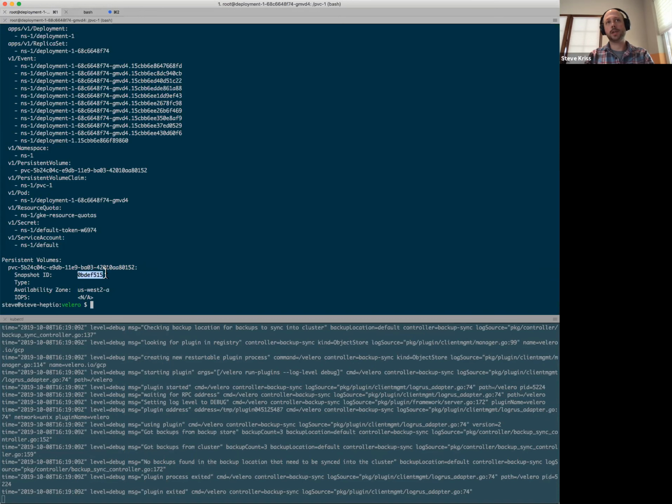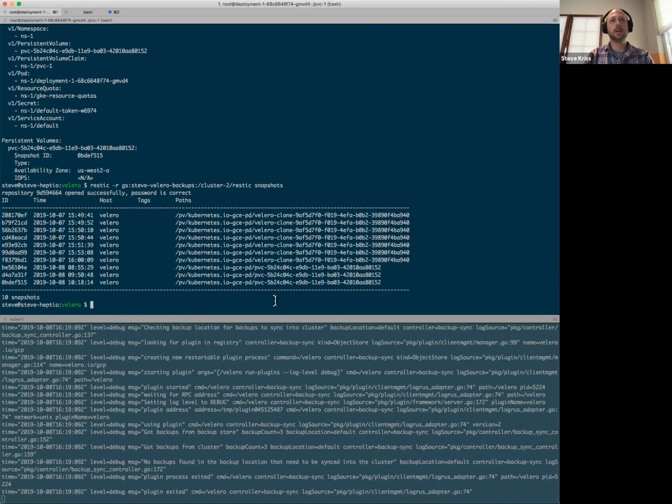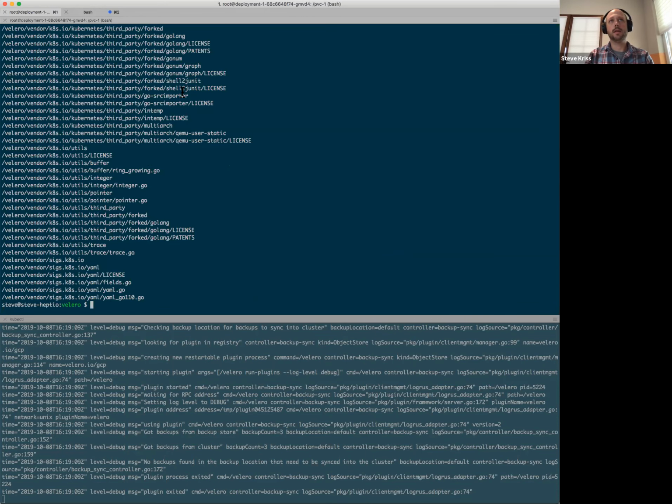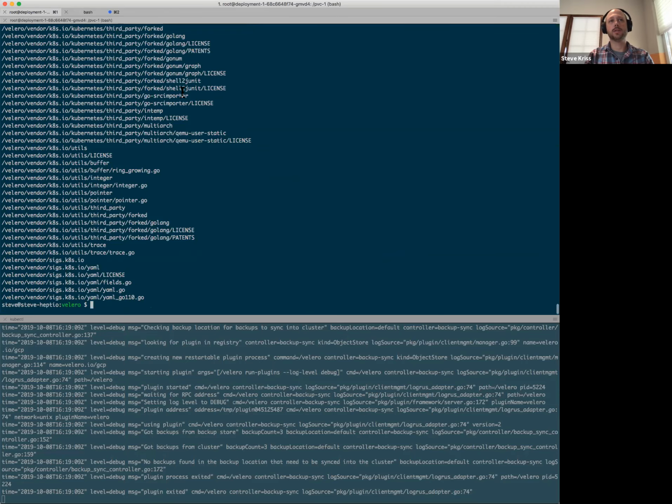But this snapshot ID is actually a Restic snapshot ID. I can show that in the Restic repo itself. So 0BD is this snapshot here, which was just created. And I can even run a Restic command to list what's in that snapshot, and we get a listing of that whole Velero code base.